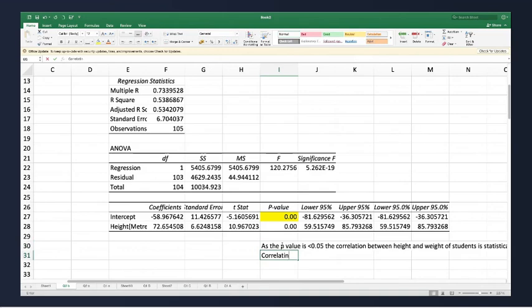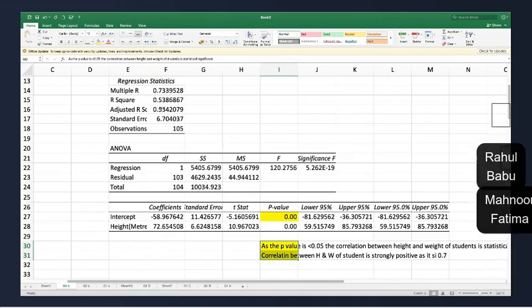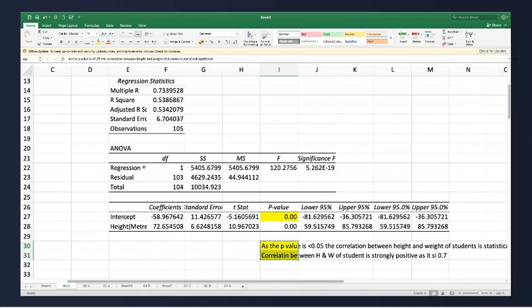Correlation between height and weight of students is strongly positive, as it is 0.7. Am I making sense, guys? Yes, doc. Thank you. Okay, great. So this is how you will conduct your correlation.